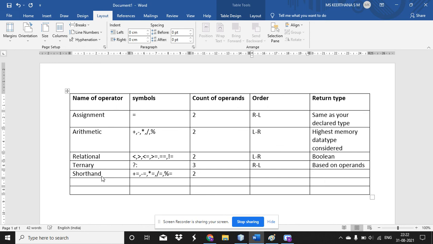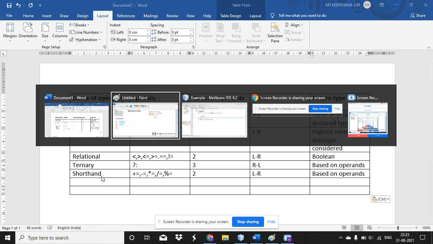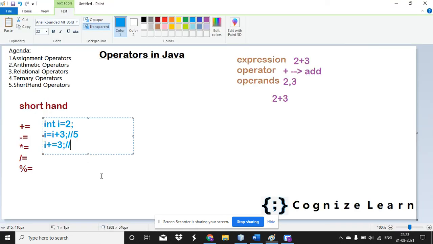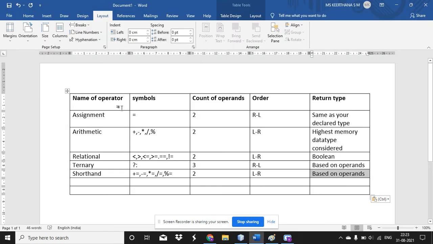The count of operands is 2 and it is always executed from left to right. And the shorthand operator is also based on the operands. Okay. I hope you got some clarity about all the types of operators. Yes, and these things you have to understand in this tabulation clearly.